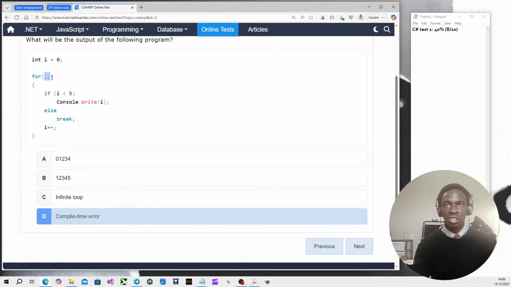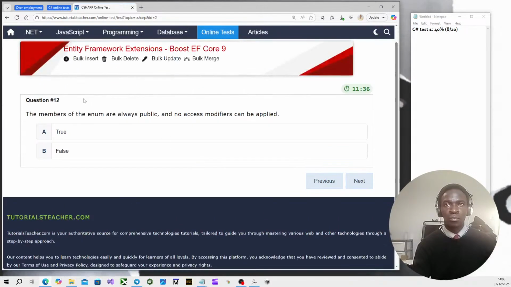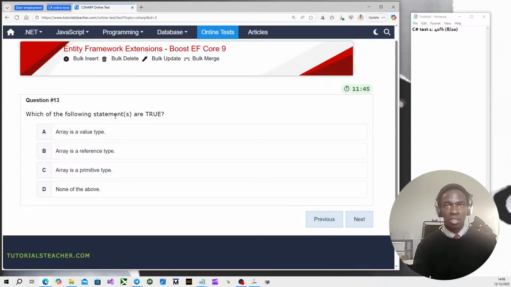Unless that does something, but I don't think that will do anything. So I think it's a compile time error. The members of enum are always public and no access modifiers can be applied. I think that's true.